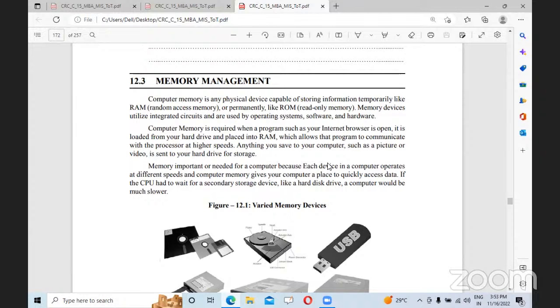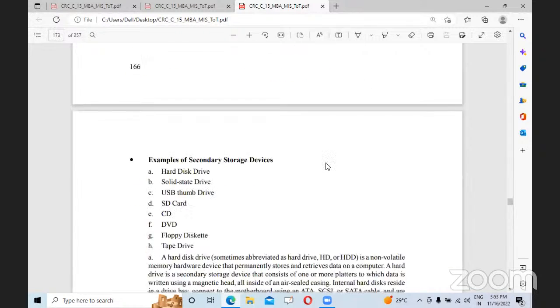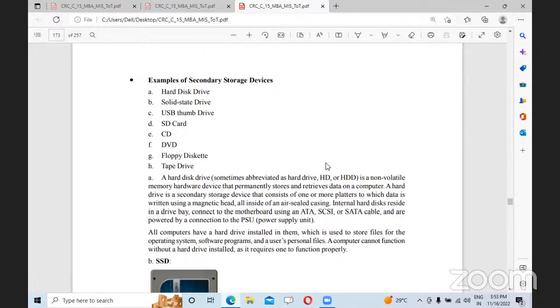Anything you save to the computer such as a picture or video is sent to your hard drive for storage. Memory is important for a computer because each device in a computer operates at different speeds, and computer memory gives your computer a place to quickly access data. If the CPU had to wait for a secondary storage device like a hard disk drive, a computer would be much slower. Examples of secondary storage devices are hard disk drive, solid state drive, USB thumb drive, SD card,